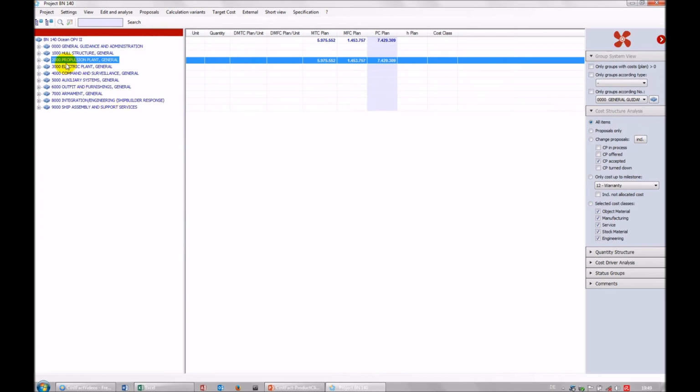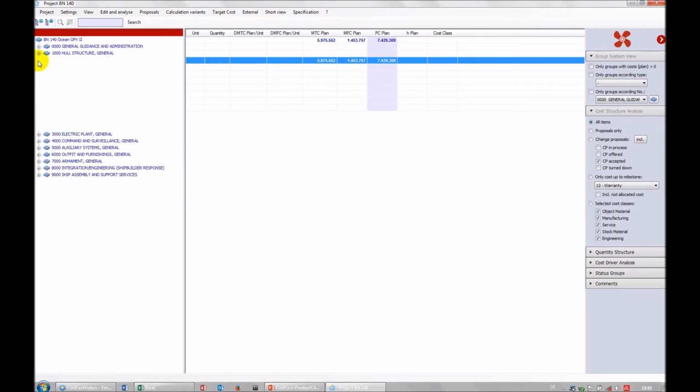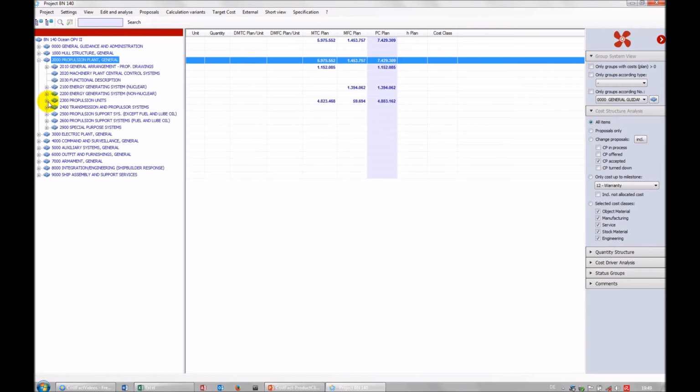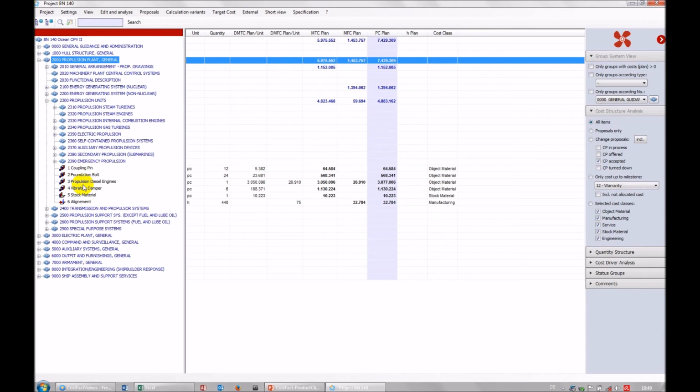And here we see the propulsion plant now contains costs, both material cost as well as manufacturing cost and production cost, and the total of both amounts. And if I go to the deeper levels, I also see the cost components themselves. Now let's say although that was a similar propulsion plant we imported, there might be some manual modifications necessary. To do so, I just select an item in question and double click,